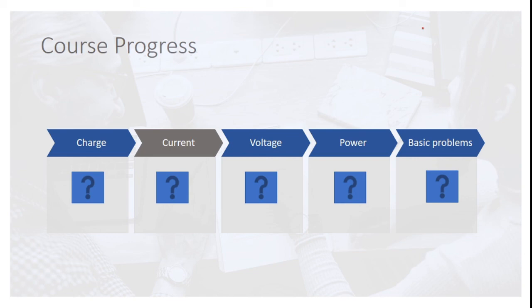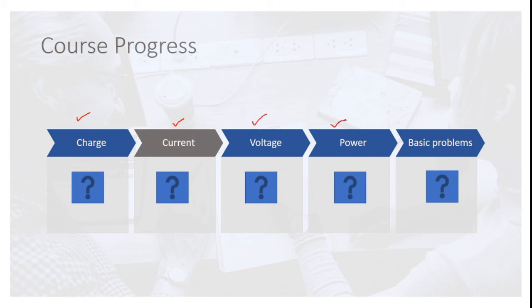So let us have a small recap of what we saw. We started by seeing what is a charge. Since charge is a very small quantity, we usually won't represent charge as a single element. We will combine charge, and when it is stored at a single place, that is what we call the voltage. Whereas when charges are in motion, that is what we call the current. Since charges are in motion, we define that with respect to time: I is dq by dt. The variation of charge with respect to time is what we call the current. And accumulation of charges is what we call the voltage.